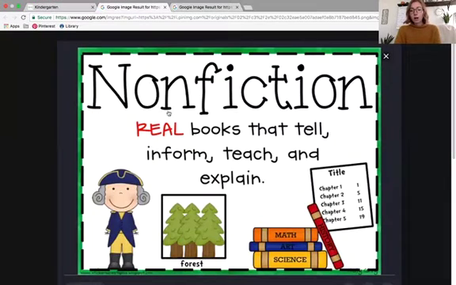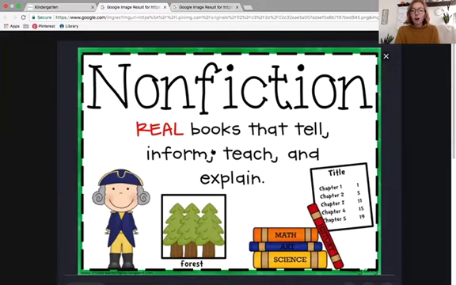Hey everyone. We're going to talk about different kinds of books that you can write. We already know two kinds of books, fiction and nonfiction. Nonfiction are real books that tell, inform, teach, and explain.